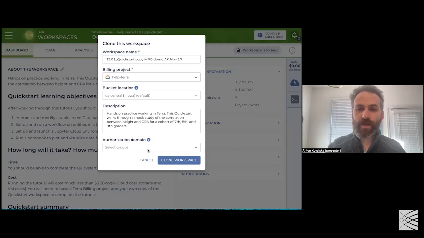The authorization domain, if anyone's curious, is basically like a security badge. It functions based on the groups section of Terra. So you can lock a workspace behind a group, and then only people who are in that group will be able to clone the workspace. But we don't have that security feature enabled on this particular workspace, so I'm just going to click clone workspace,